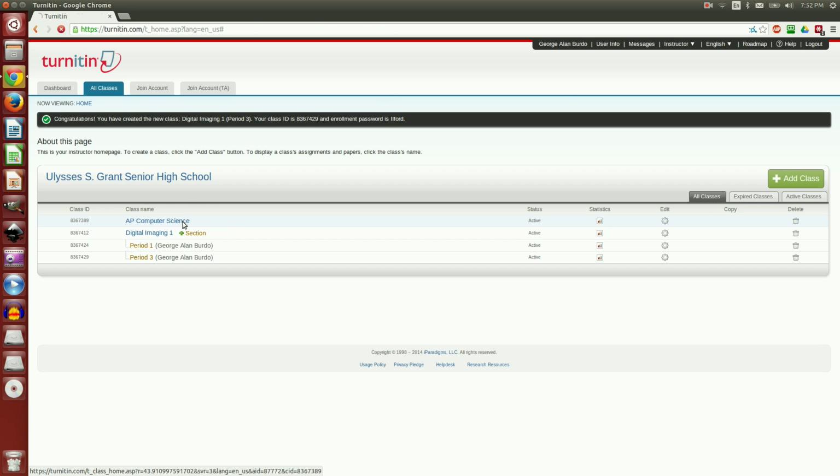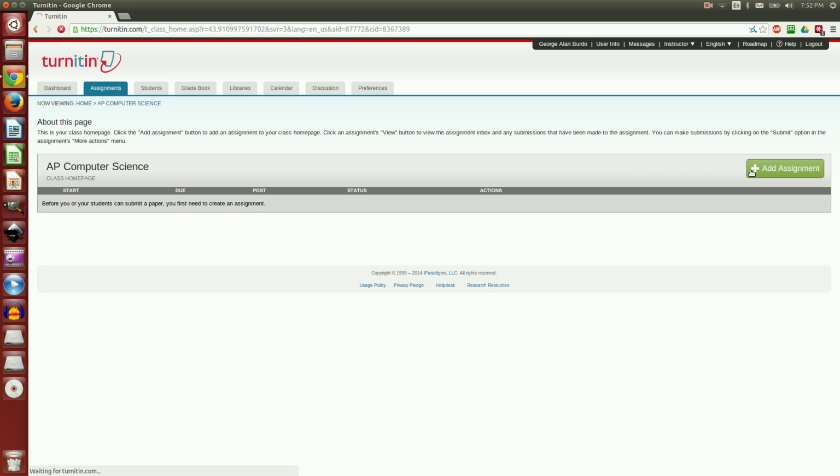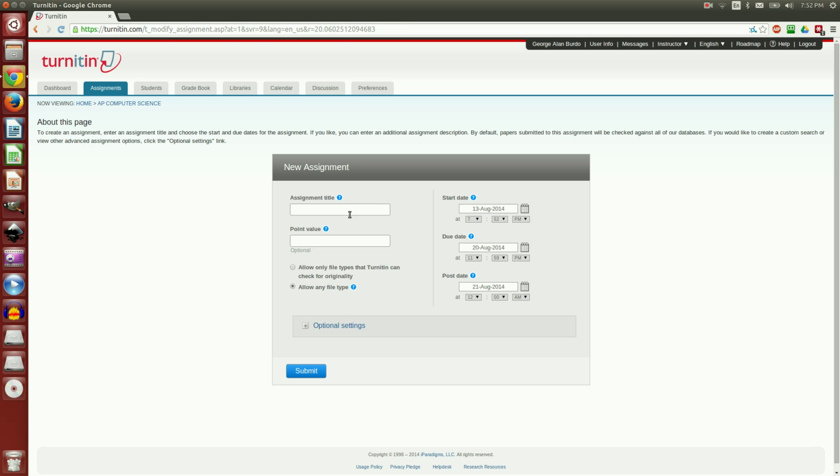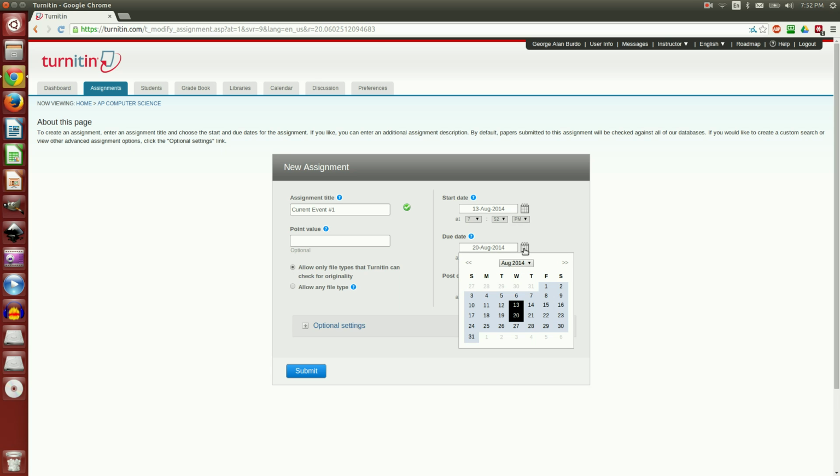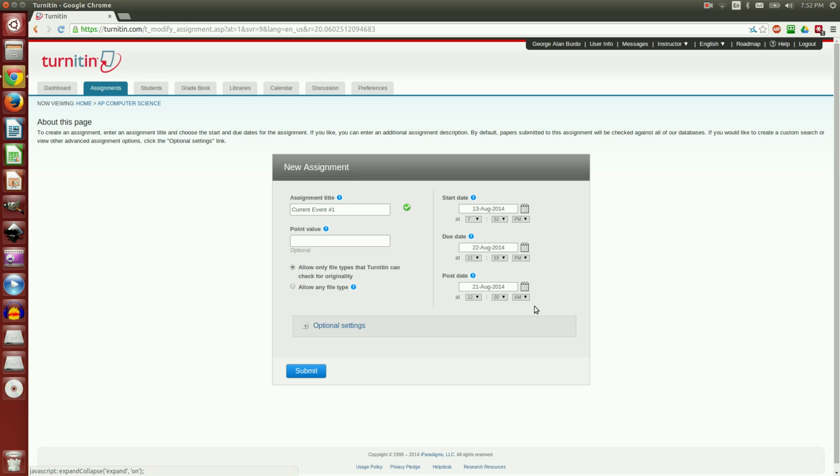I'm going to come up here to the first one, choose Add Assignment. Assignment title, give it the name. Point value, which is optional. You can also choose to restrict it to only files that TurnItIn can check for originality or any type. Since this is a text file and I want to check it for originality, I'm going to choose that. Start date. The due date. This is going to be due on the 22nd. I'm going to set a time at the end of school,